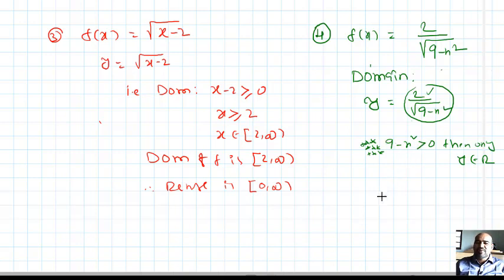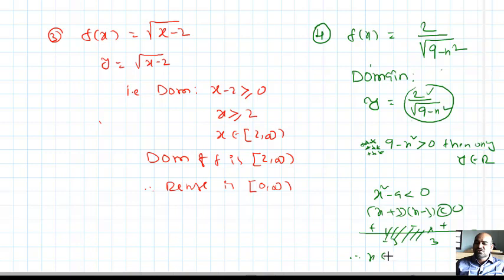First of all, I want to multiply by minus on both sides: x square minus 9 less than 0, or x plus 3 into x minus 3 less than 0. You need to take a number line, here minus 3, here plus 3, with signs plus, minus, plus. The negative symbols are what you want. Therefore x belongs to open interval minus 3 to 3. This is taken as the domain of the function. In this way you can find the domain.